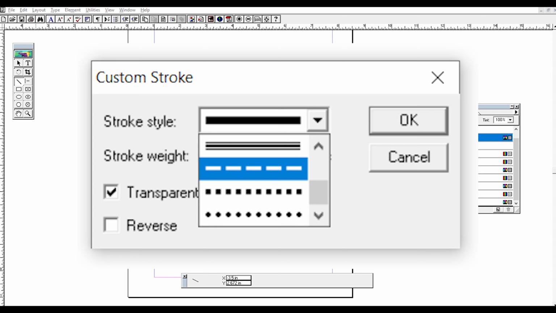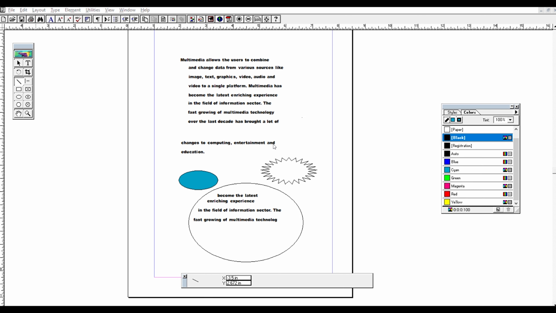If you need dotted lines, you can just select this and give OK, and then you can draw the line. Understood? This is how you can get dotted lines. Are you clear? In the same way, we have customizations for the rectangle, ellipse, and polygon we have seen.